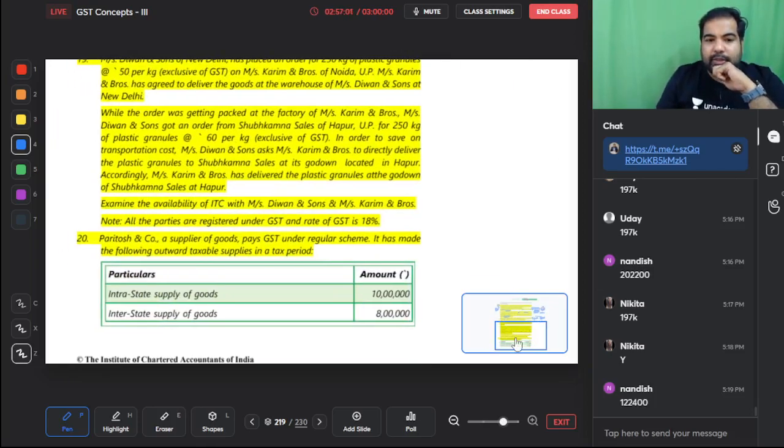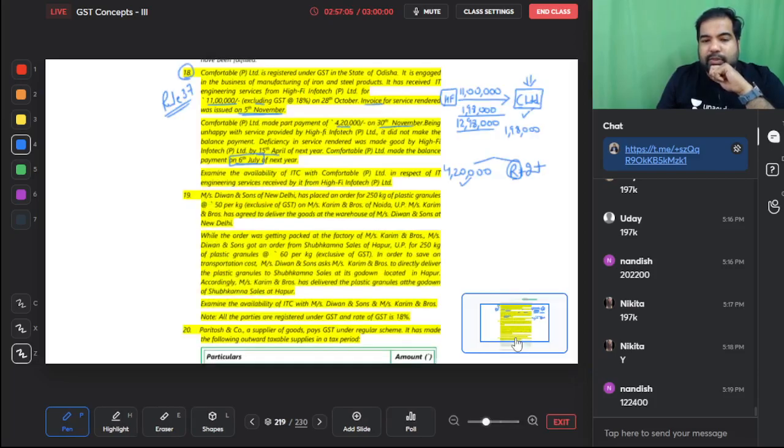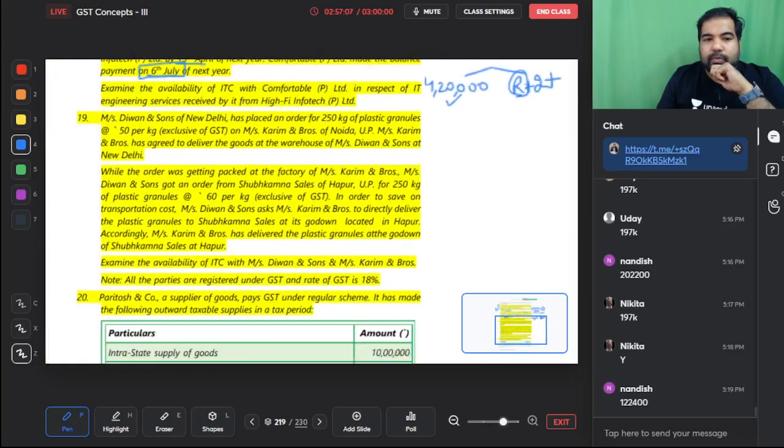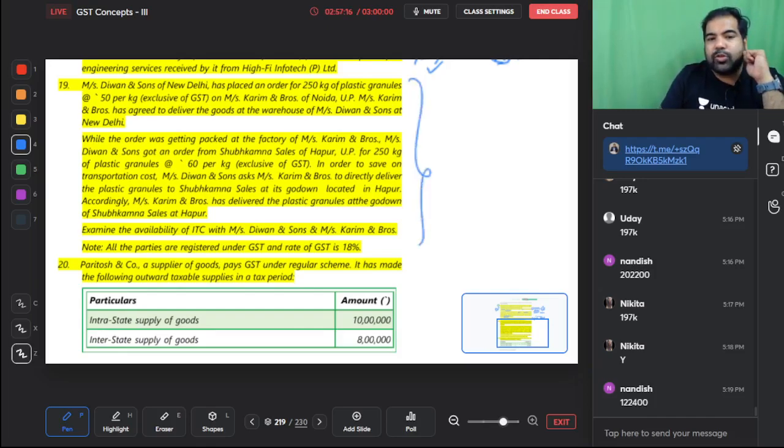The 19th, 20th question. Only two, guys. Should we finish it? Let's finish these two. The 19th question is here, guys. In fact, what you can do is, this 19th question is on a bill to ship to model. You can do it as homework, bill to ship to. And this 20th we will do. Like this 20th question, we'll do many, guys.